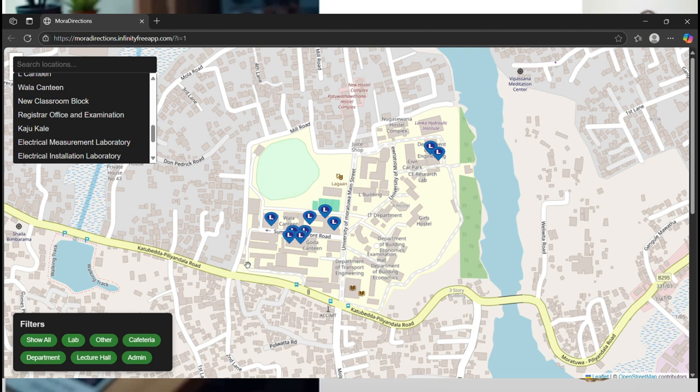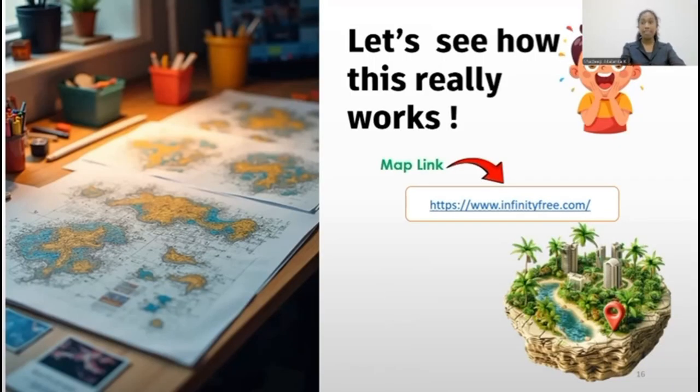So the first one is lab facility and navigation. Unlike Google Map, our map points to the special rooms and labs in the university buildings. As I said earlier, this map is a custom built one for the University of Moratuwa, and it offers features that Google Map does not support. So this is created in the layout of the university system and navigation. This especially points out the importance of this map. The next one is, as I said earlier, indoor and floor level details. And the next one is event and academic